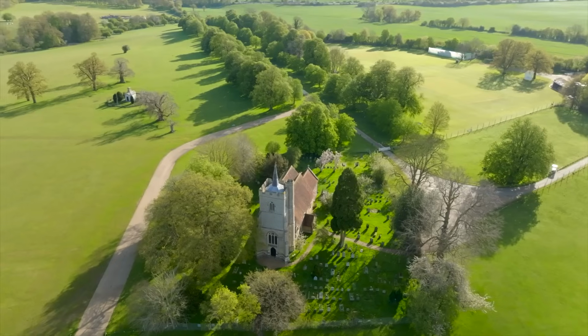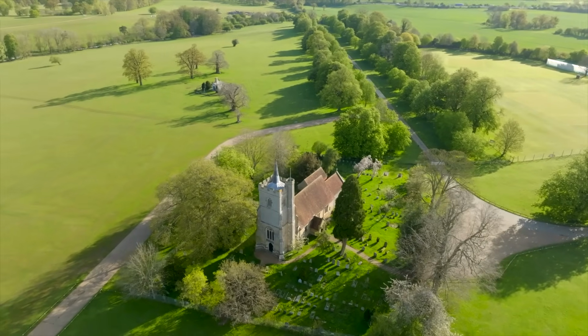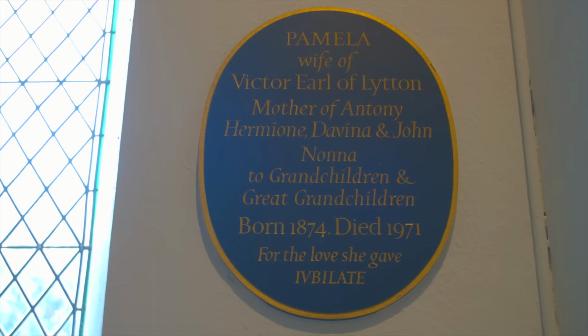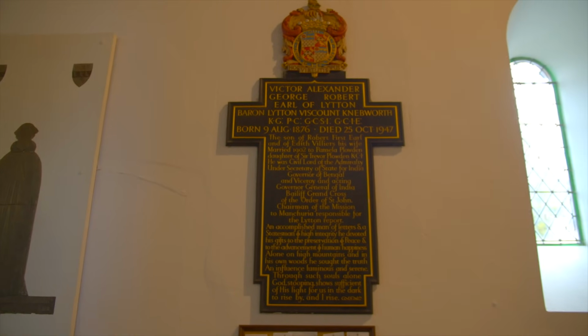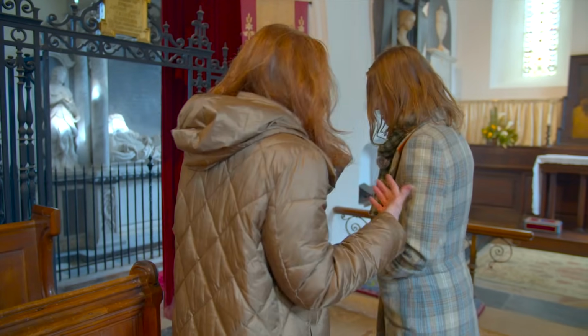So there are lots of memorials, because this has been the family church for a long, long time. It's a Church of England church, but the family have worshipped here for many centuries. And so remembering Pamela, Victor's wife, and of course Victor himself here. We do have the mausoleum in the park as well, which Elizabeth Bulwer-Lytton built originally for her mother and for herself,